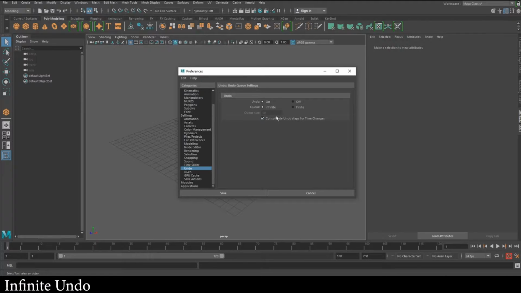Maybe it might use up a lot of your RAM or your hard drive space. I'm not sure about that, but I've never had that problem with my computer. I can always undo. So after you've changed those options, you can click Save. But while we are in this preferences window, we can also look at the third tip, which is